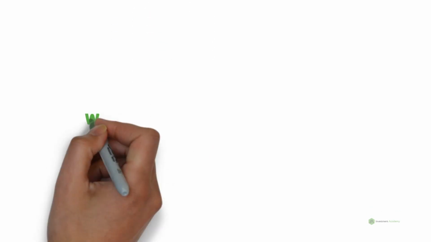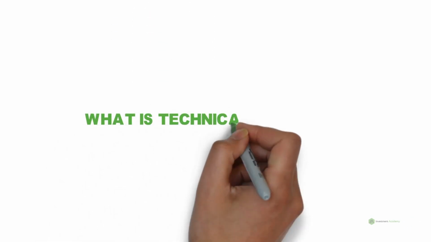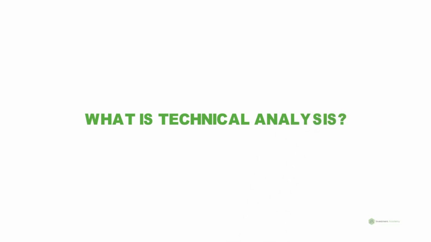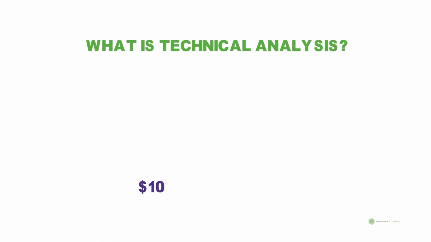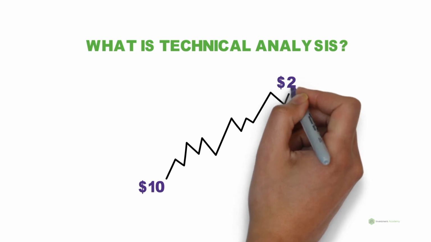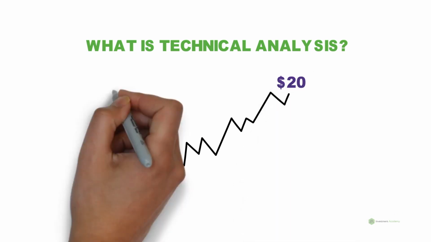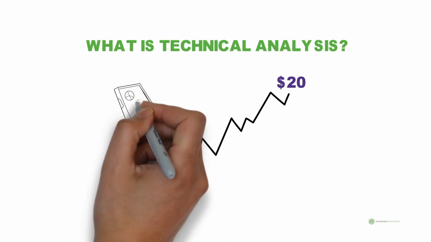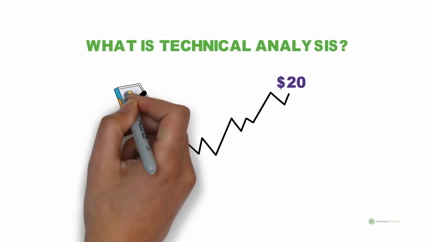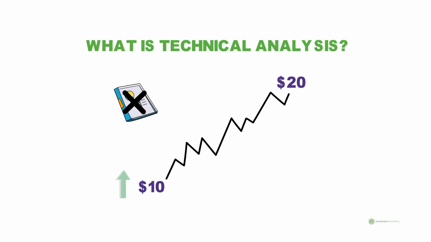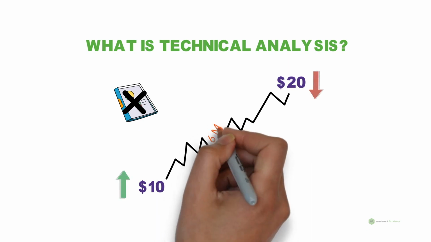Let's get started. For beginners who are wondering what technical analysis is, it is a method to analyze or anticipate the movement of a stock price using its chart patterns. We mainly use technical indicators to do this. Traders who use technical indicators don't care about the fundamentals of a company. It doesn't matter if the company is making a profit or loss, because we are just using it for the